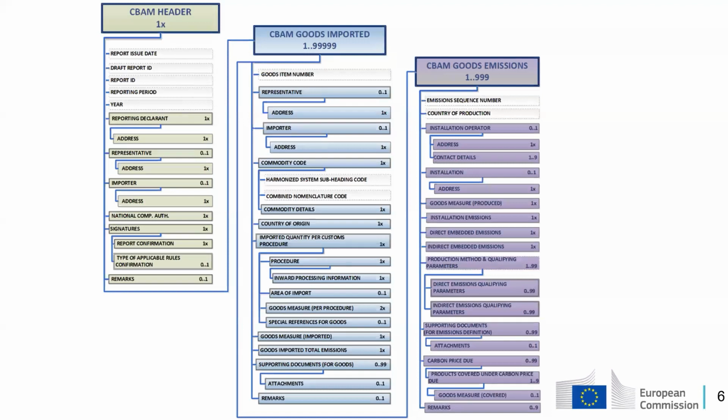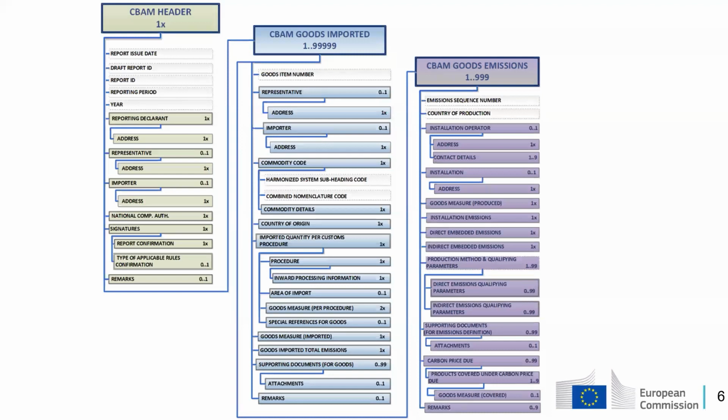There is also information for the imported quantity per customs procedure. And inside this group, there are the procedure details, the import processing information, if we're talking about import processing, the area of import, the goods measured per procedure, and the special references for goods.